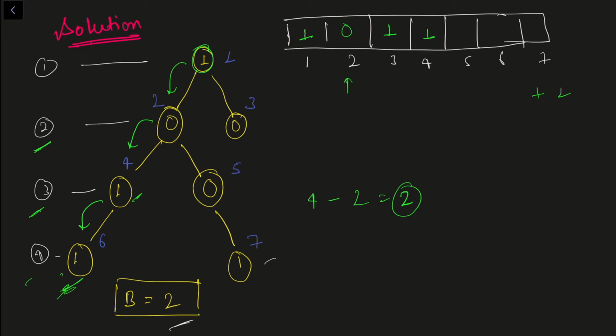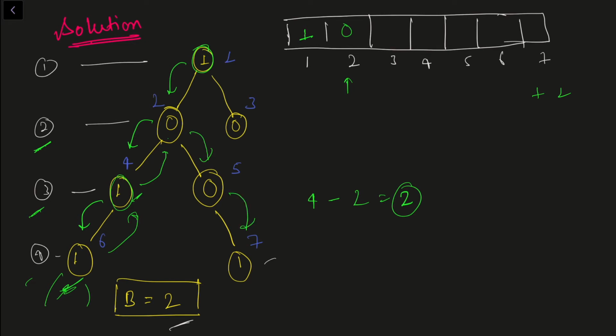After that I'll see that I don't have any children here, so I'll recurse back. Before going back I will update my level array. I'll say that I don't have any value at level 4. Okay, now again at level 3 I'll see this node and we don't have any other child apart from this child which we have already visited. So again I'll recurse back, and before recursing back I'll again remove the value from level 3, or we can update it with some negative value, or we can say an invalid value. Okay, now at 0 we can see that we have one more child here, so I'll go here and in this fashion I can continue on.